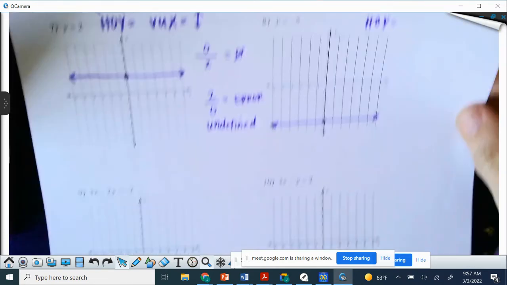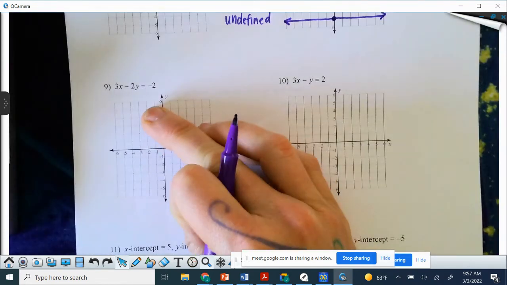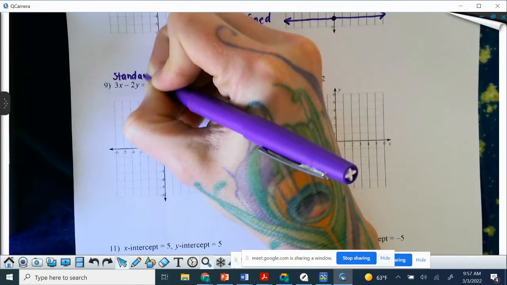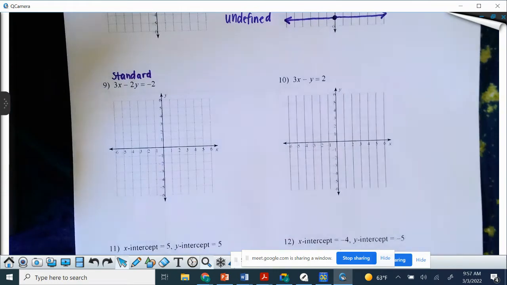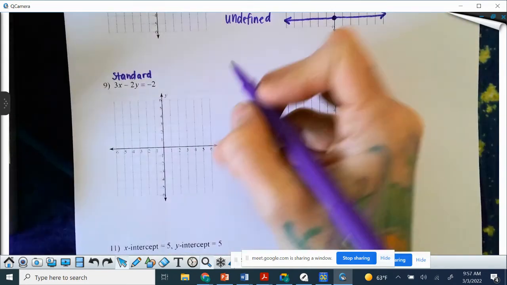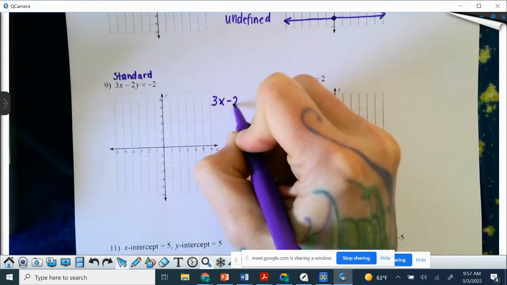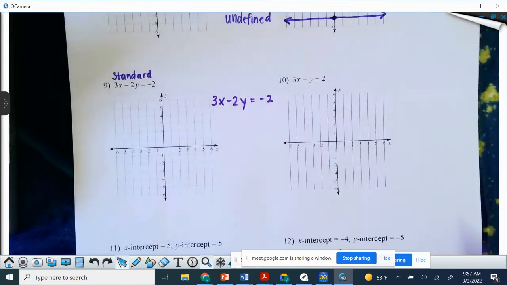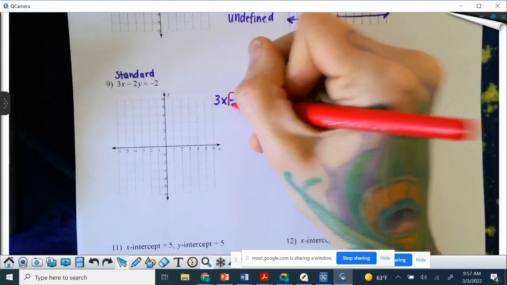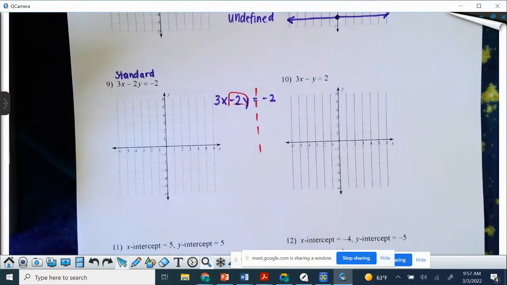Now, number 9, this is in standard form versus your slope-intercept form. Slope-intercept form is very easy to find your slope and your y-intercept as far as putting it on a graph. Now you have choices here. You can either graph this the way our lesson is today, if you're on our page when you take notes there, which is not a terrible practice, by isolating your y,